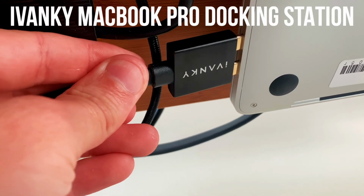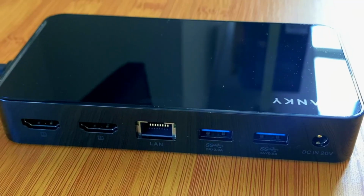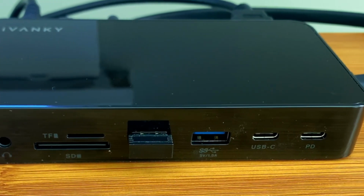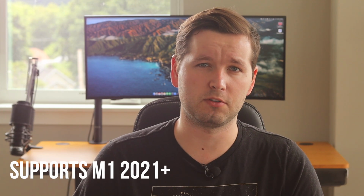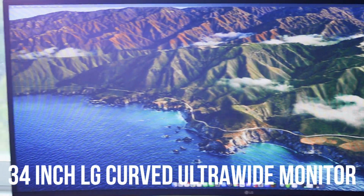The MacBook Pro is connected to a Wonky docking hub that has two HDMI, 4 USB 3, SD card reader, Ethernet, auxiliary, USB-C, and USB-C power ports. I've had this dock for some time and I haven't experienced any major issues. I got it because it was on the cheaper end of docks available for MacBooks. The downside is that it doesn't support two monitors for a MacBook M1 2020, but it does support the newer version. But it isn't a problem for me because I only use one 34-inch LG monitor that has a slight